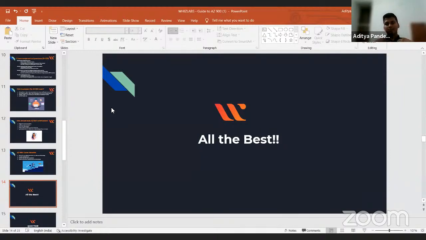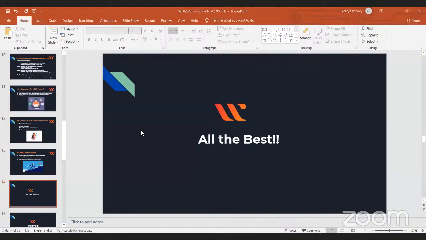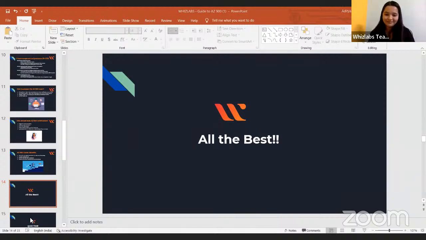And even we in the lab team of Whizlabs are preparing really good labs for you so that you can have really good hands-on practice to prepare for any examination, any Microsoft certification. So I wish you all the very best for your examination, and just ping me when you clear your examination. I would really love to see you clearing this examination. Thank you so much. Over to you, Sneha.